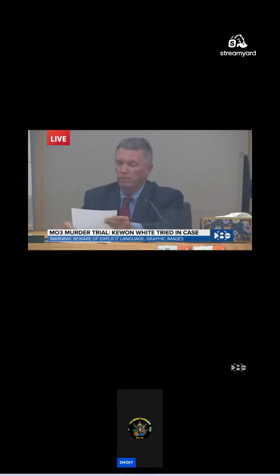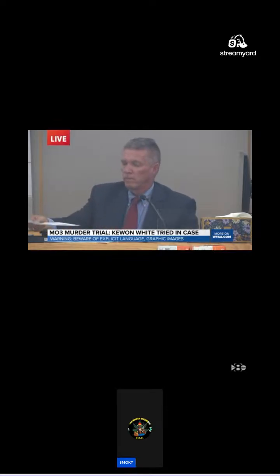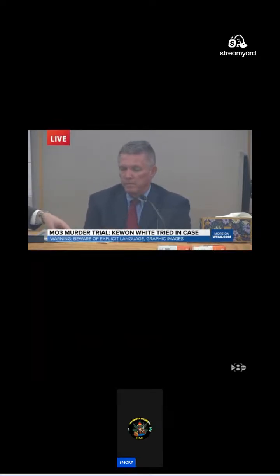State's Exhibit 726 goes with a red iPhone, which is State's Exhibit 715. State's Exhibit 728 goes with State's Exhibit 717, which is a black iPhone 11.